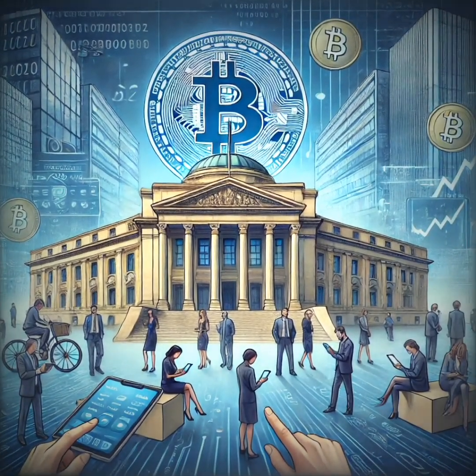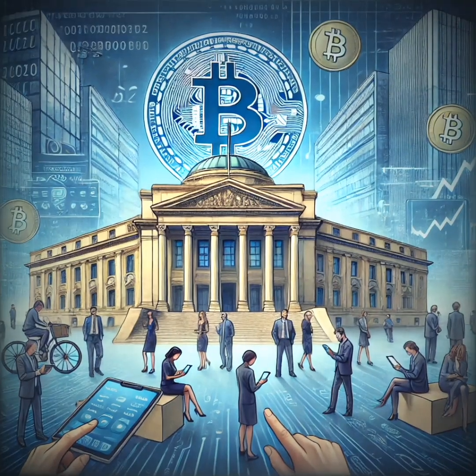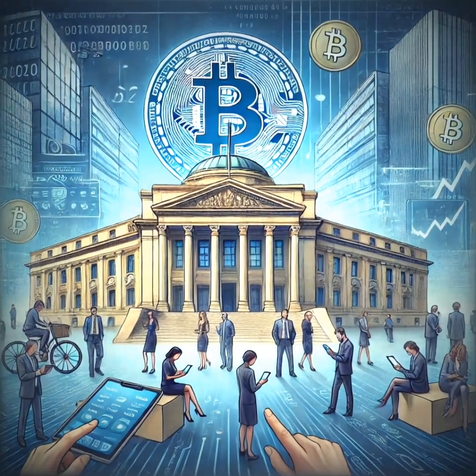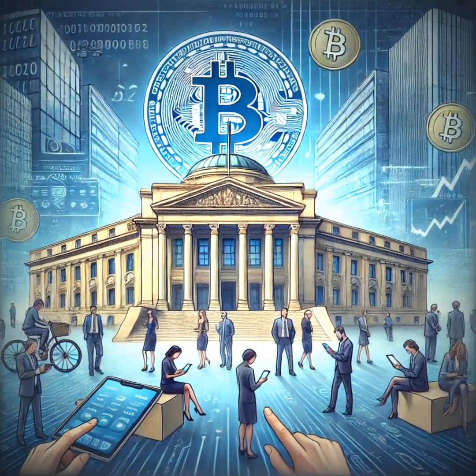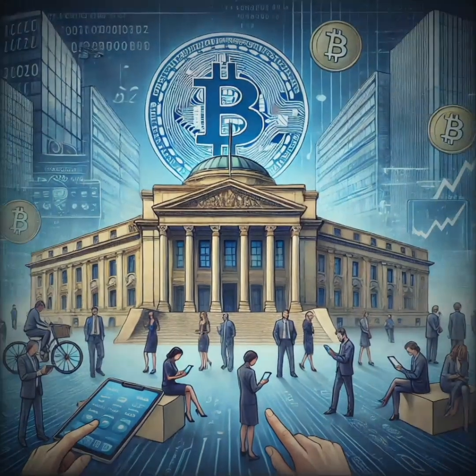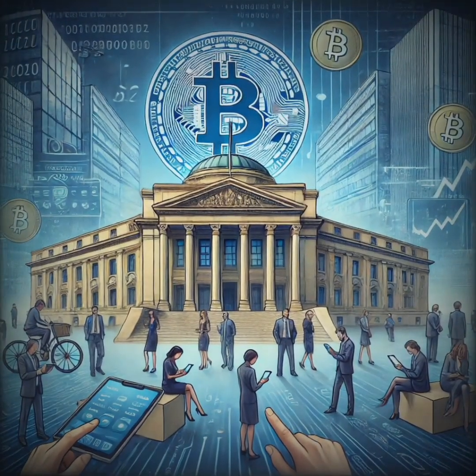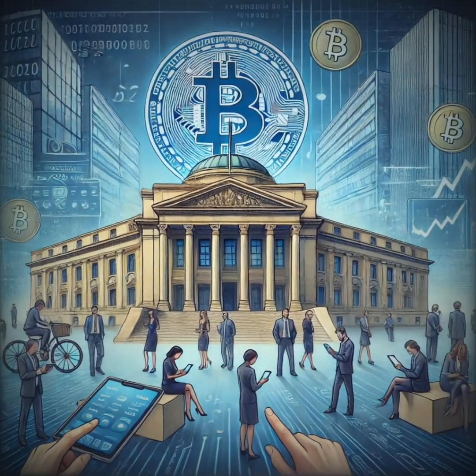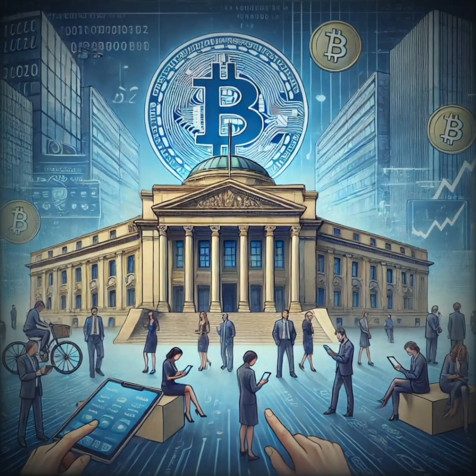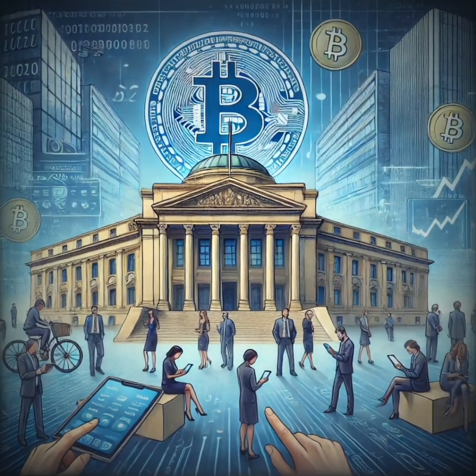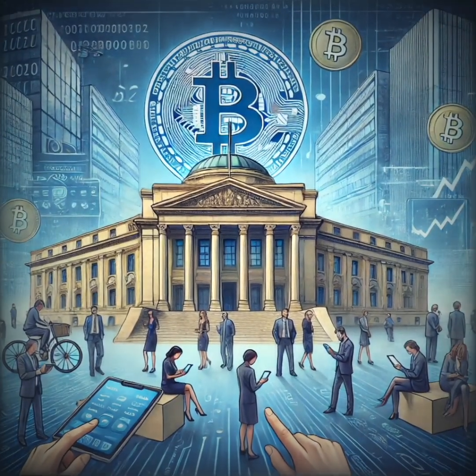Challenges of cryptocurrencies. Volatility: cryptocurrencies are known for their price volatility, which can make them less stable as a store of value. Regulation: governments and regulatory bodies are still grappling with how to regulate and oversee the use of cryptocurrencies. Adoption: while growing, the acceptance of cryptocurrencies as a mainstream form of payment is still limited.